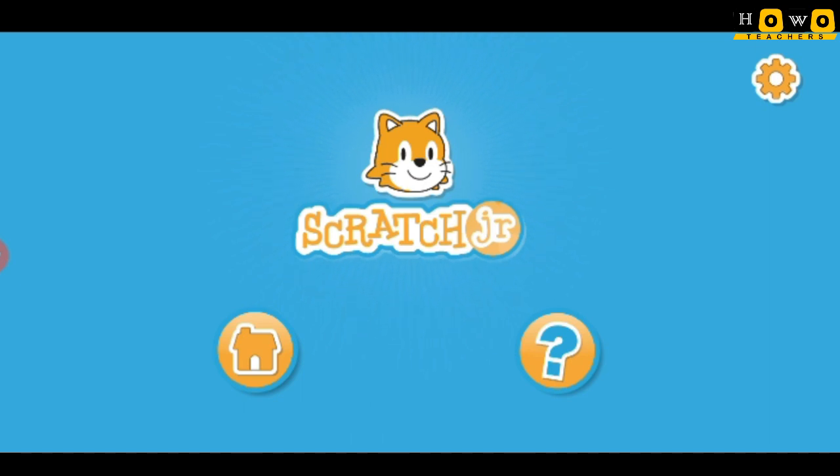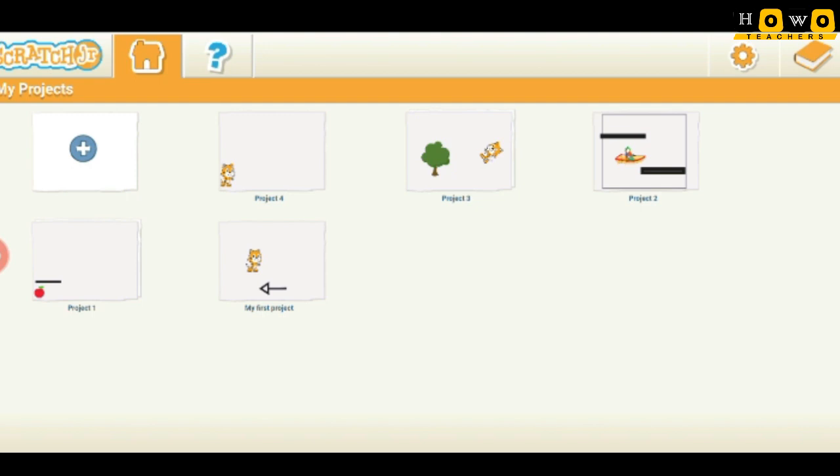I have already told you that Scratch Junior mobile app you can download simply on your Android mobile phone, and with that you can make games. So the game that we have already made over the laptop, that is a chess game, that game today we are going to make on the mobile phone. So let us go to the home page of the Scratch. Here I am going to take a new project.